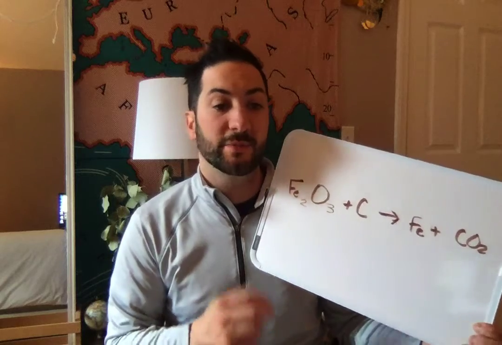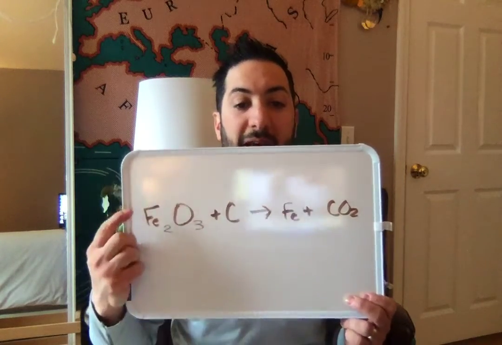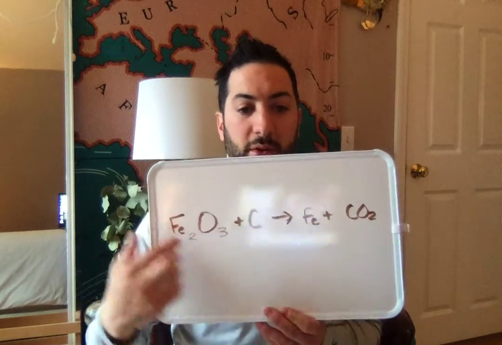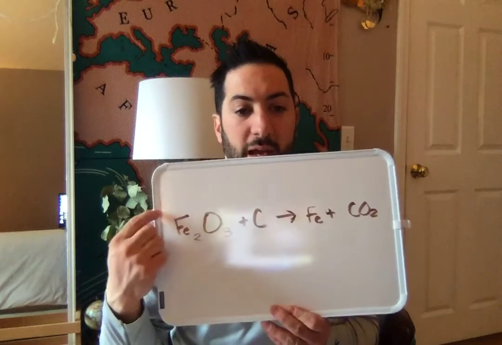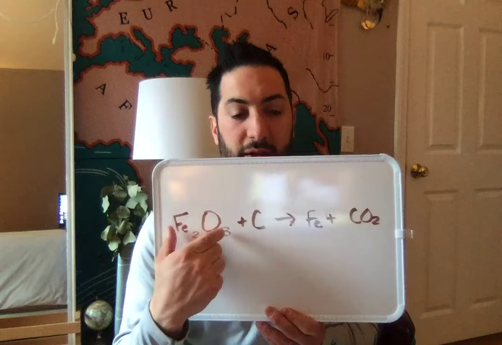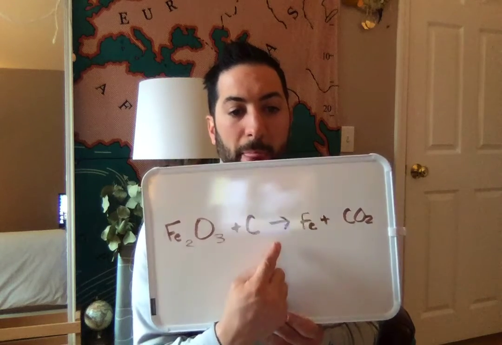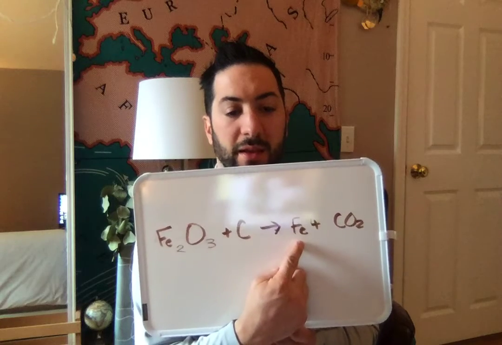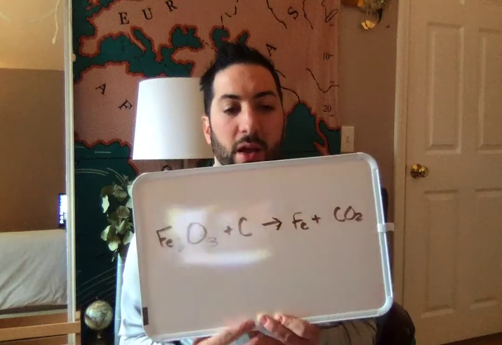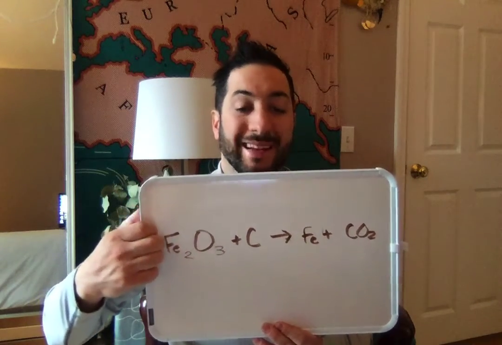And if for some reason it's backwards, because I know it looks backwards to me, hopefully it writes itself for you. It says Fe with a subscript of 2, O with a subscript of 3, so those two go together. So anything you write in front of this is going to be written for the whole thing, for this whole section. Fe2O3 plus C yields Fe plus CO2. Okay, and by the way, anything on this side are called our reactants because those